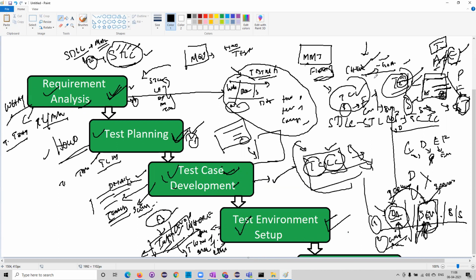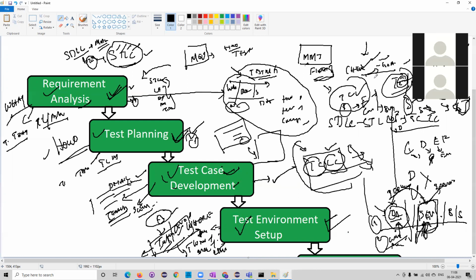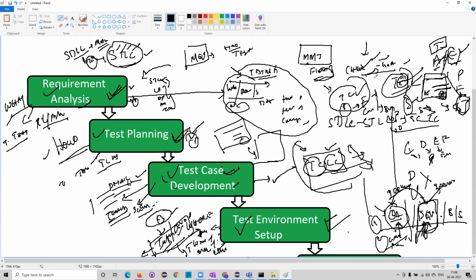We'll have a sign off document. Sign off means, boss, this is done, you can go ahead. That's how we say it. So those things we'll do in the test closure. That's how things will go on. So now these are the different phases of STLC. Once you have read through and gone through this, you will have complete information on how we